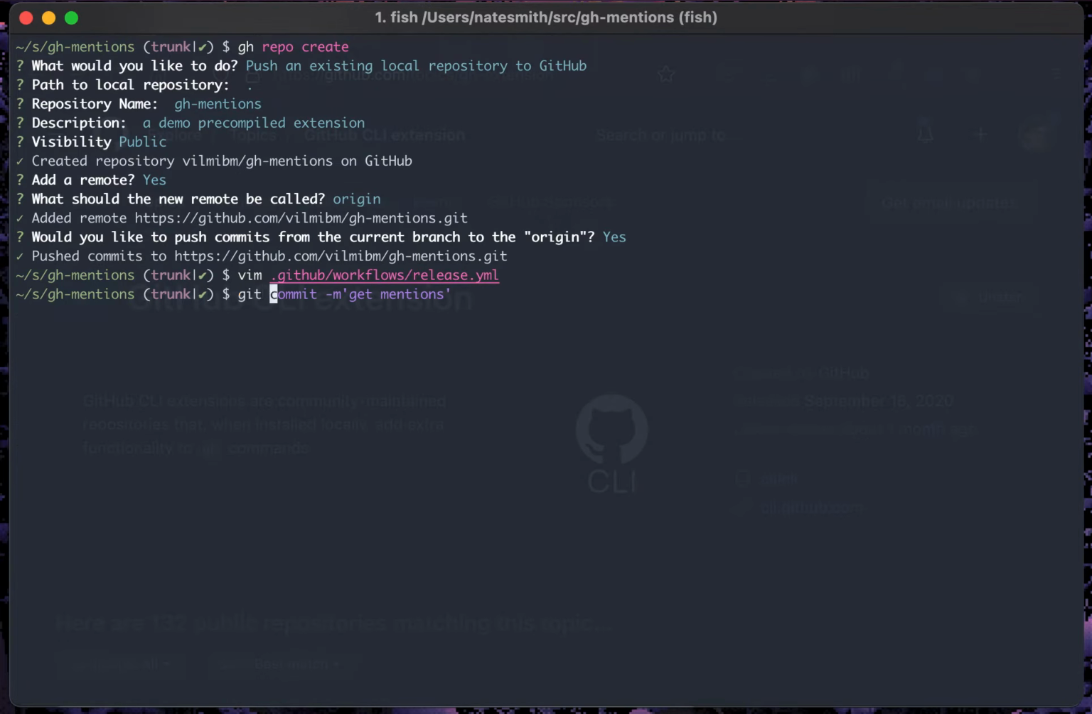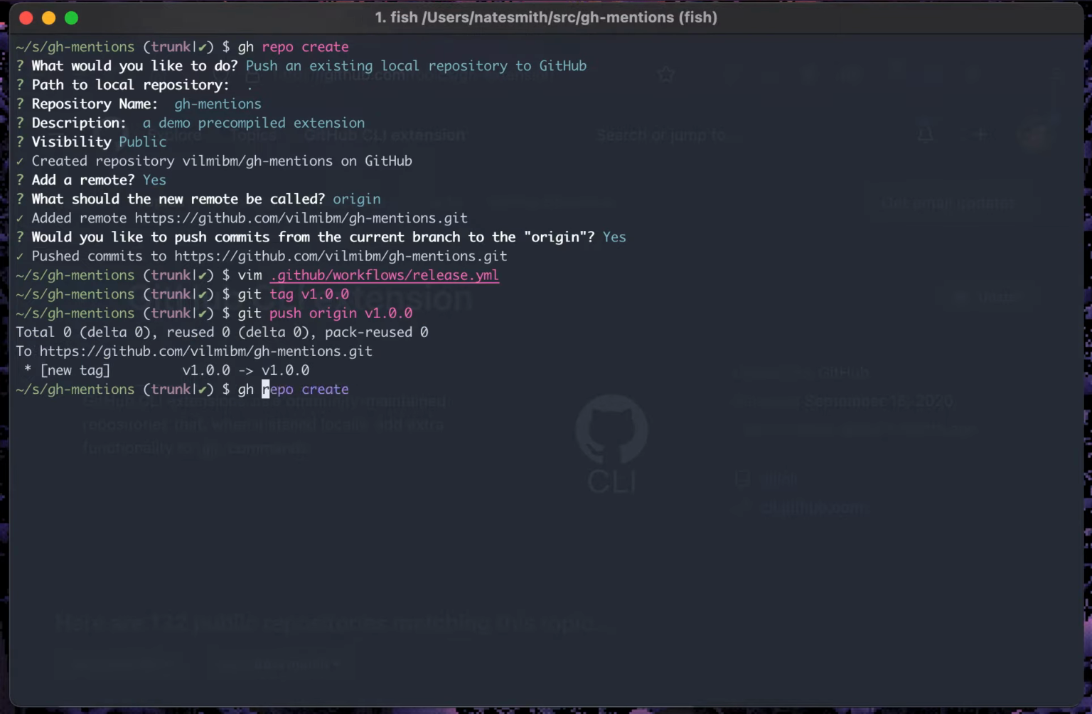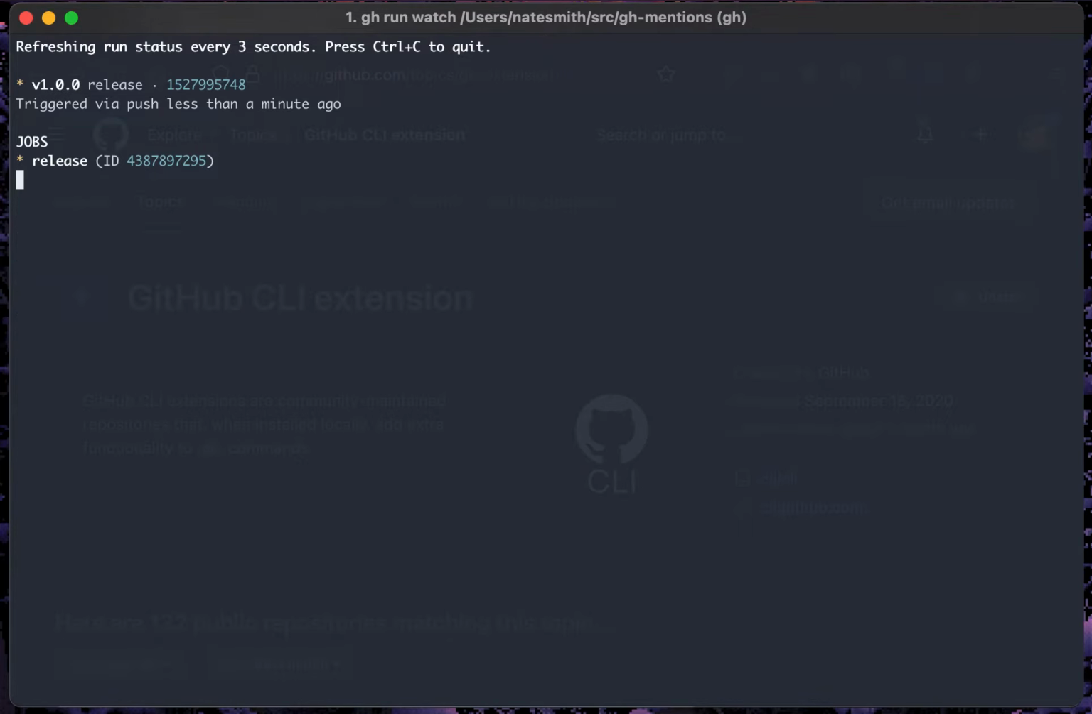And once that release exists, users can install our new extension. So what that means is that we need to actually create the tag first, push that up, and now we should see the run going. So there it is in progress. All right, so that's going to go,